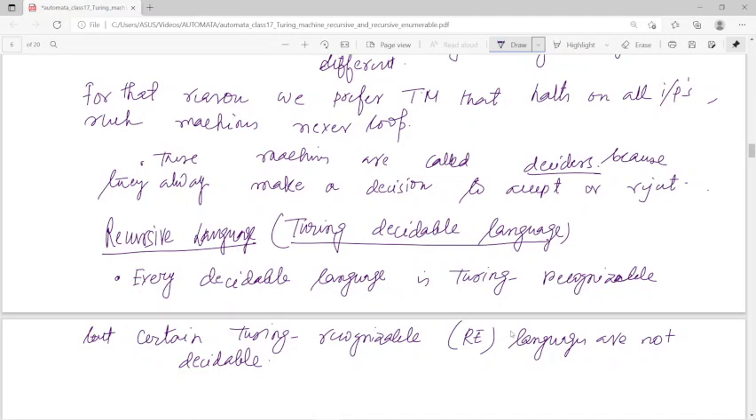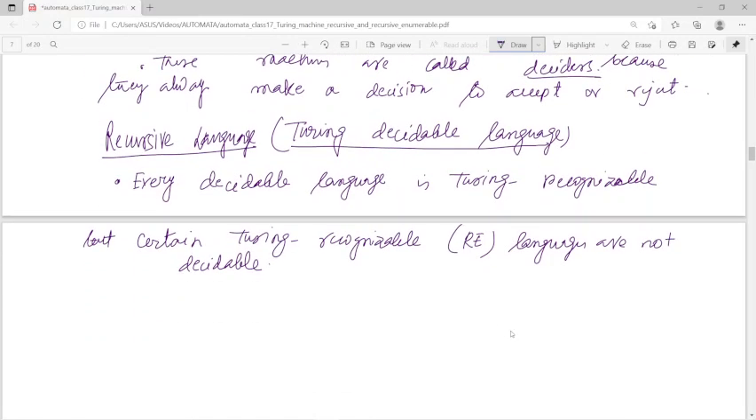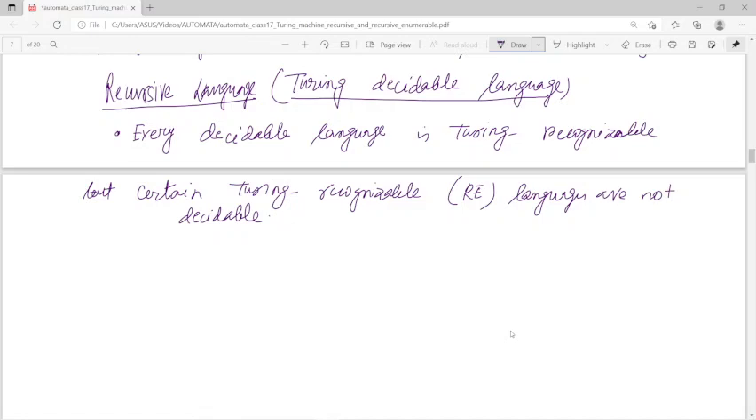So we can say from here that the context free language, which we found earlier, is a subset of the recursively enumerable language, right? So the thing is that